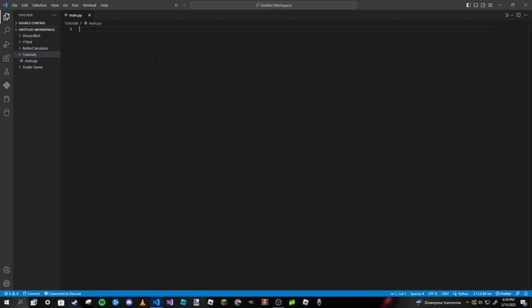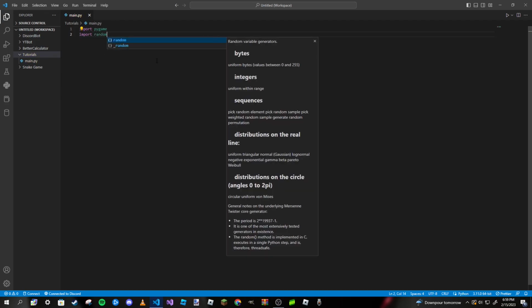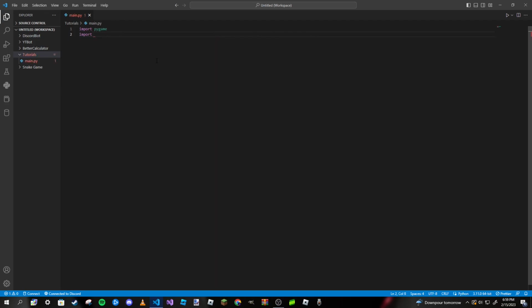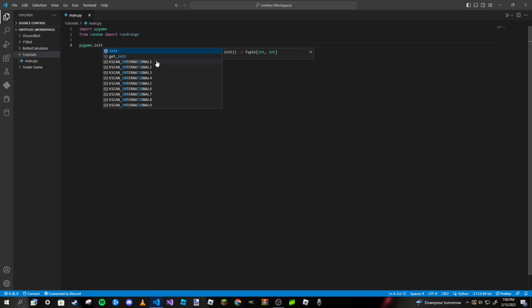And now we need to import Pygame to our main file by typing in import pygame. And then while we're at it, we're also going to import random because we will be using it today. And specifically, we need to type in from random import randrange. And after that, we are done with our imports. And now we need to go ahead and type in pygame.init. And after that, we need to type in